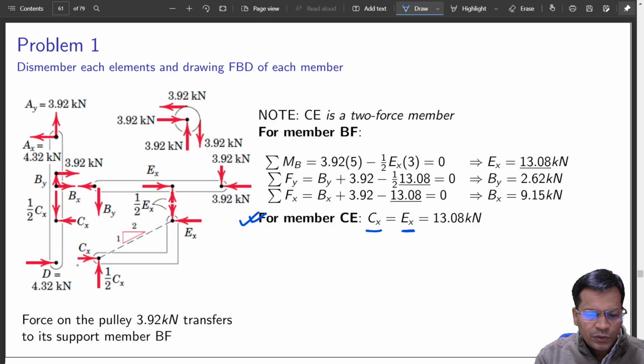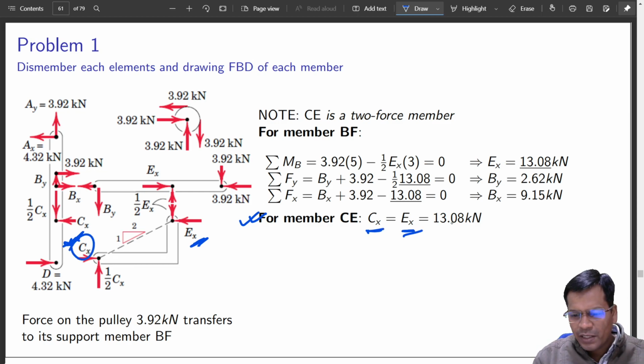There are only two forces. One is this, another is this. Both should balance, Ex, Ex. So ultimately Cx is the same as Ex. Next,